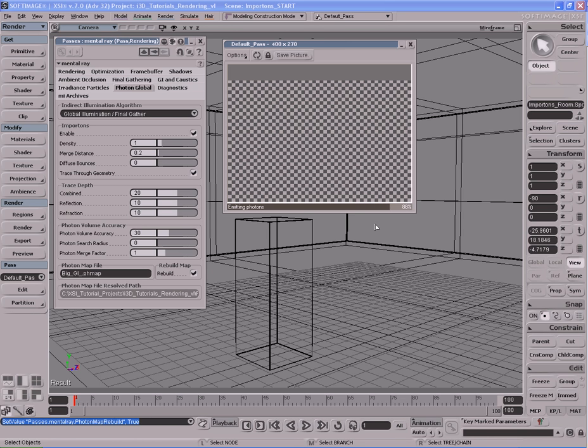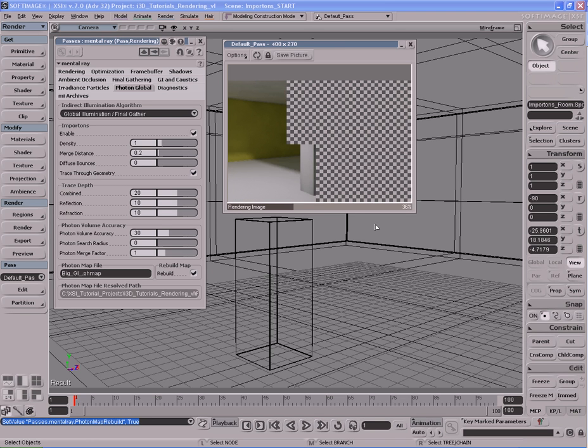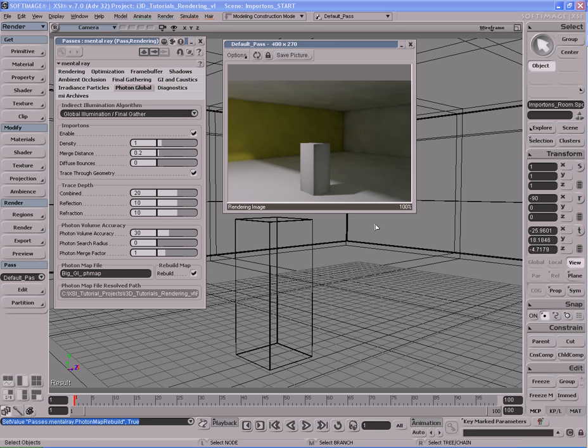So the Importons are just there for the beginning to help out the photons, and then after that they're pretty much thrown away. Okay, so this is what we get. Our lighting looks actually a little bit more realistic. Our shadows are a little bit more accurate back here. We do still have some splotching, but that's of course because we have such a low number of